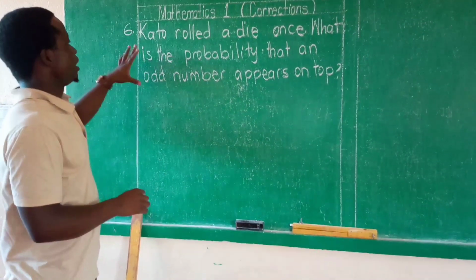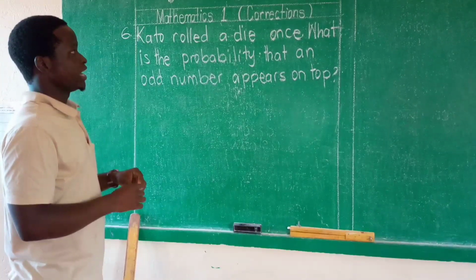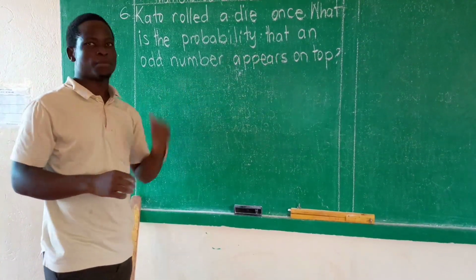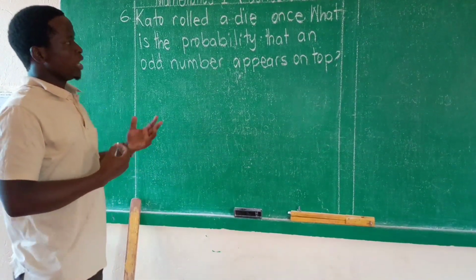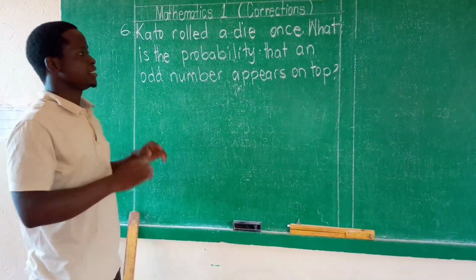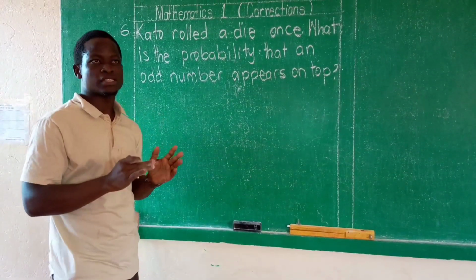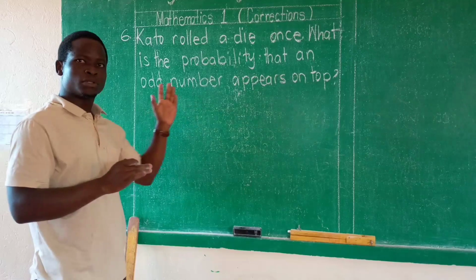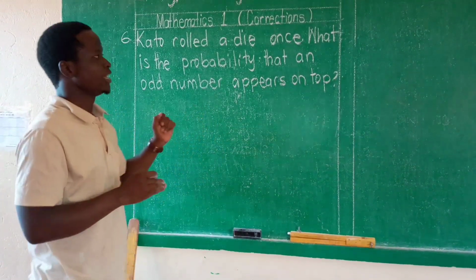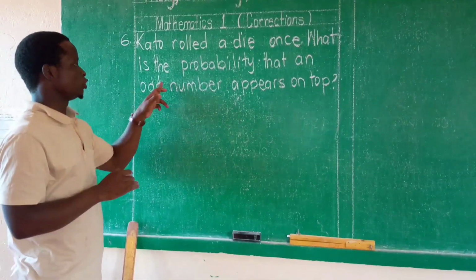Let's continue. Now, our question number 6 is here. Kato rolled a die once. What's the probability that an odd number appears on top? Now, what we need to understand here is that a die has 6 faces, numbered from 1 to 6. I know you are fans of Ludo and so on, you know this. Now, when we are looking for the probability of an odd number showing on top,